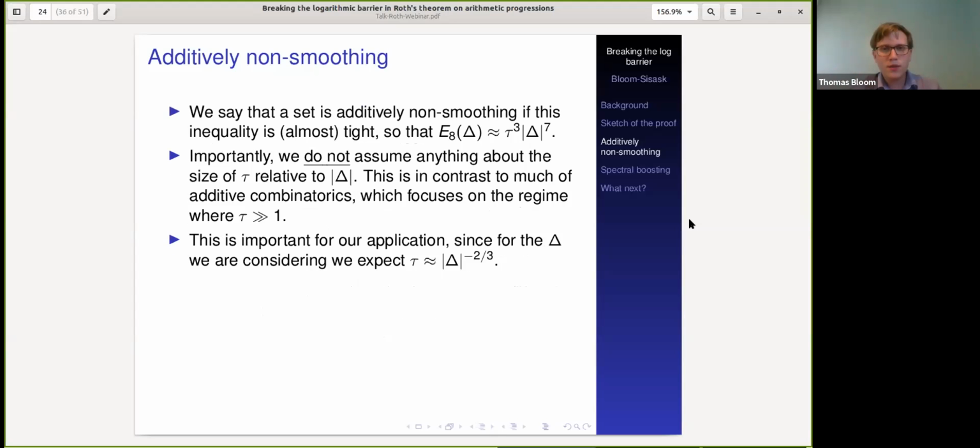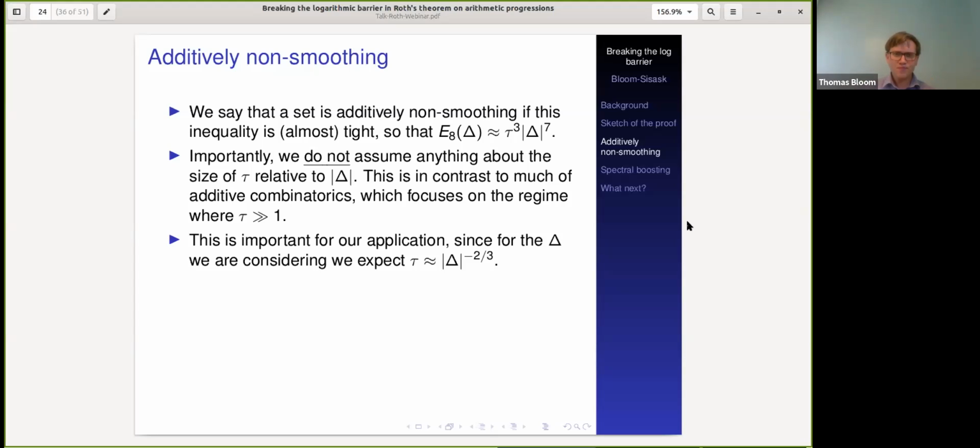And we say that a set is additively non-smoothing if this is almost tight. In other words, E8 of delta is approximately tau cubed times delta to the 7. So E8 of delta is almost as small as it could be, given whatever size E4 of delta is. This terminology comes from the paper of Bateman and Katz. And again, to the best of my knowledge, they were the first to really notice that this was a useful property, and indeed that one could use this property to prove these quite strong structural theorems that I'll talk